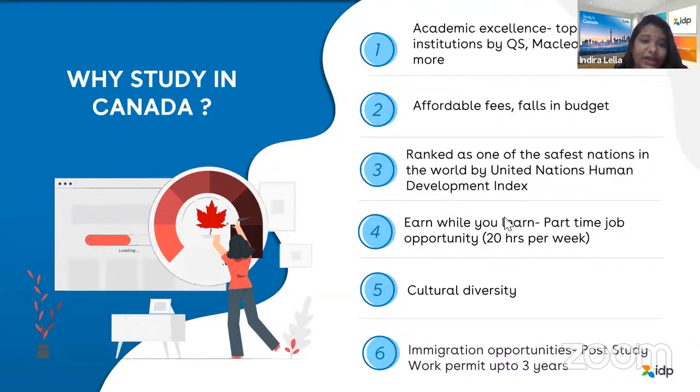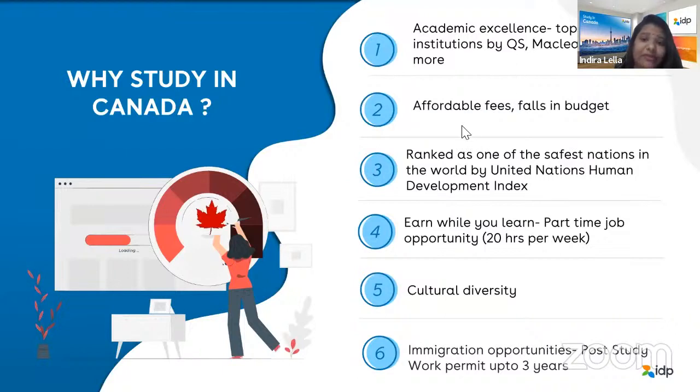Like the way your SRM University is accredited with all the required certifications of the Education Council in India, the same way, any institution that we are providing services with will always have a DLI number. It is a designated learning institution. The way you have accreditations in India, they have the same system in Canada as well. So if you're going to those institutions, you'll have your diploma or master's as a valid one. We'll make sure that it is a DLI numbered institution so that you'll not face any future issues, right?